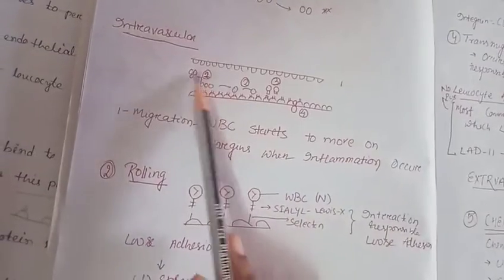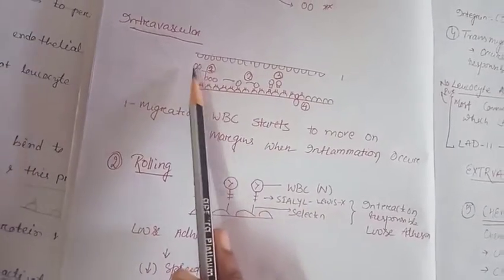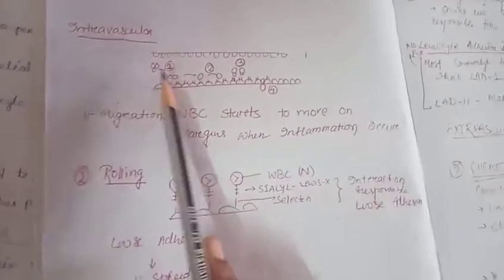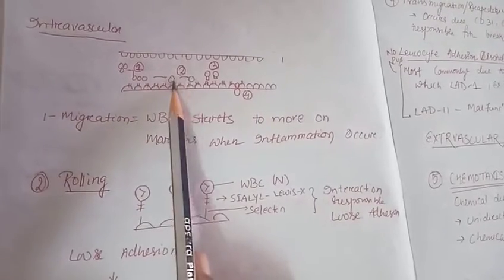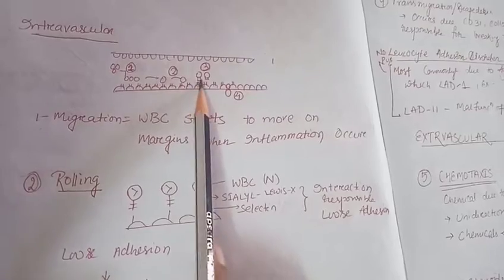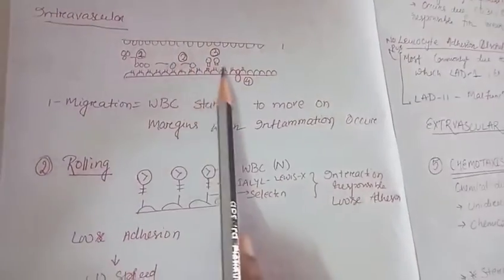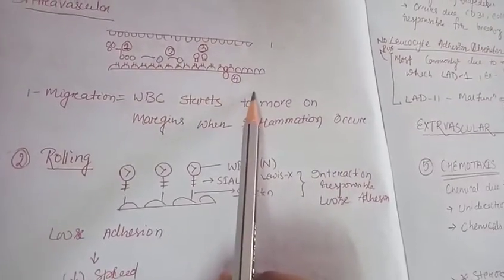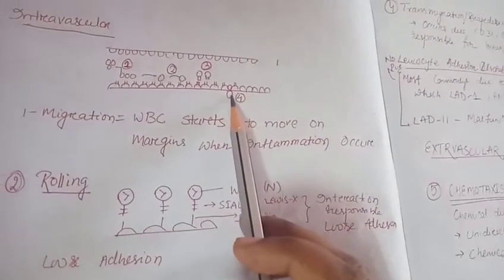Here you can see the blood vessel. These are the monocytes or neutrophils. First, blood flow occurs normally, but when there is an infection, they migrate to the endothelial lining. Then rolling occurs. Here you can see the rolling, and after the rolling there will be adhesion. The third step is the adhesion. The fourth step is the transmigration, which means this particle now enters the extracellular fluid through transmigration,